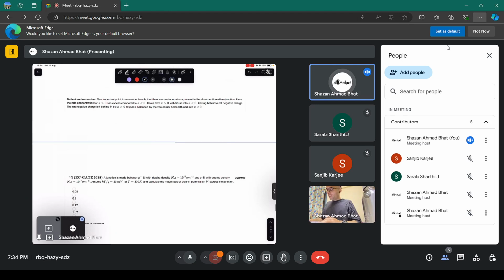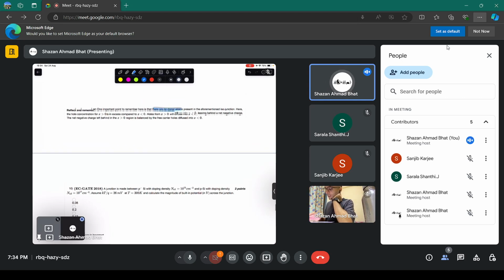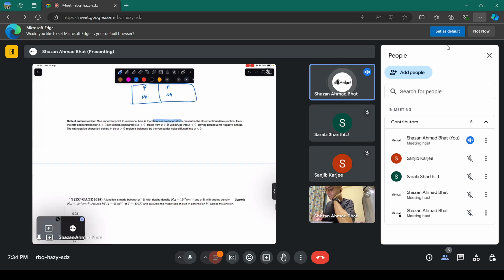So now the final question. One important point to remember is that there are no donor atoms present. इस सिस्टम में कोई डोनर एटम नहीं था क्योंकि ये दोनों पी टाइप थे. यहाँ भी Na था, यहाँ भी Na था. And here the hole concentration is in excess as compared to this. यहाँ पे बहुत सारे होल्स थे, यहाँ पे कम होल्स थे, इसीलिए होल का डिफ्यूजन हो गया,